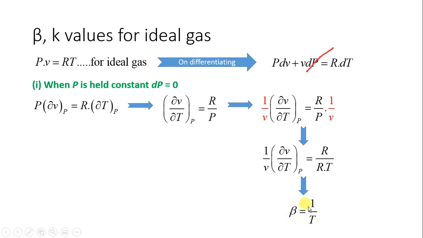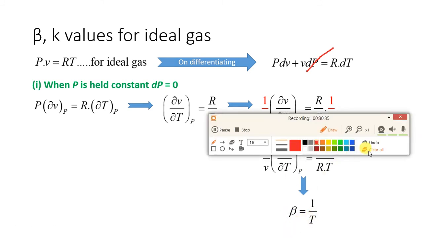And this relation you will be using directly in heat transfer subject. Okay, and there you should not have again a doubt that how this beta value is 1 by T. Why? Because we have already derived over here. So when you are studying heat transfer, no one is going to explain to you why beta is 1 by T. So it is clear over here only in thermodynamics. But this is for what? Ideal gas.